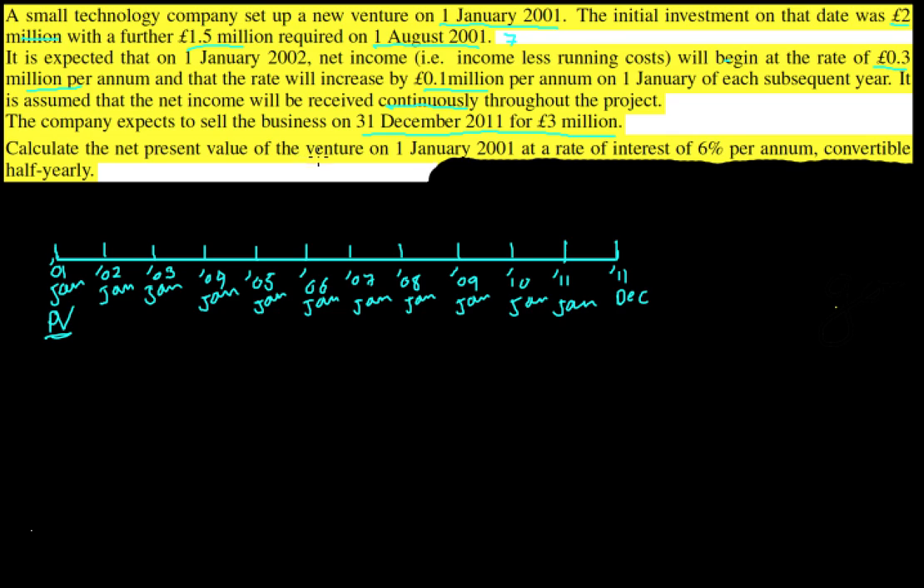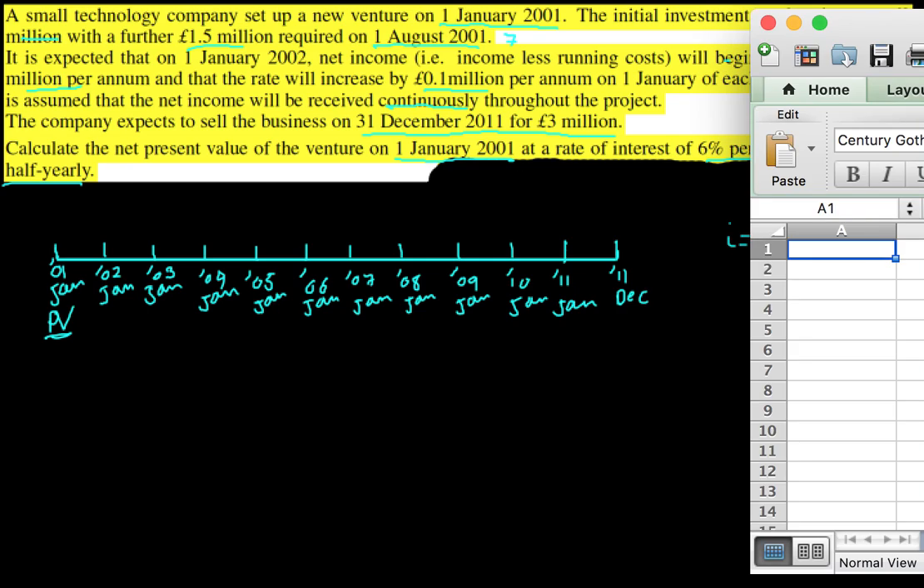So calculate the net present value of the venture on the 1st of January 2001 at a rate of interest of 6% per annum, convertible half yearly. Alright, so in any of these annuity calculations it didn't really say that anything would be half yearly, everything would be in the full year. So we can actually start by just working out the annual effective interest rate, which is what I'd like to do. So if we use Excel,